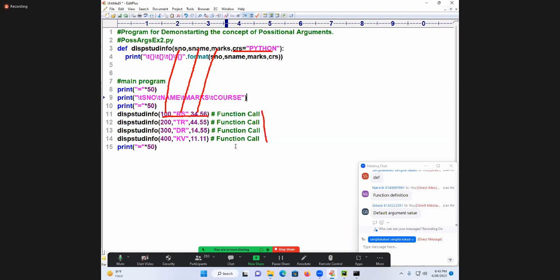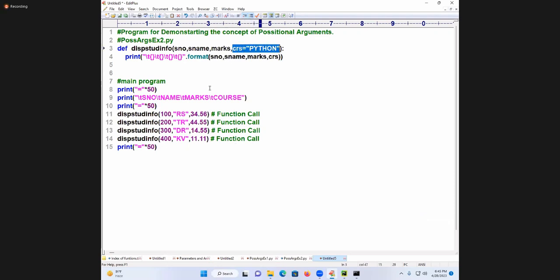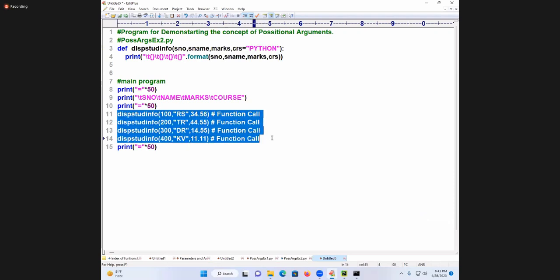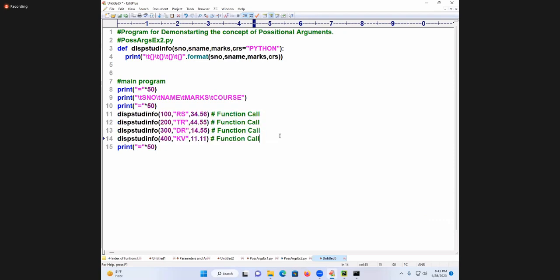Now tell me, when the value is common for multiple function calls, such a value should not be sent as part of positional arguments. For effective programming I have to send it in the form of a default argument. What is this called? Default argument. And what is this data called? Positional argument. Is it understandable?